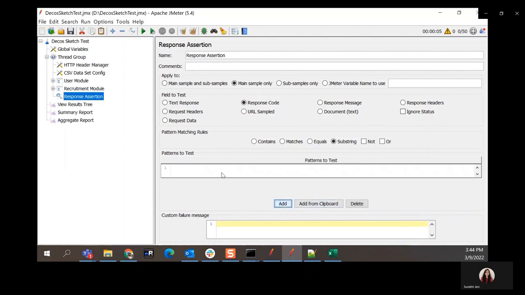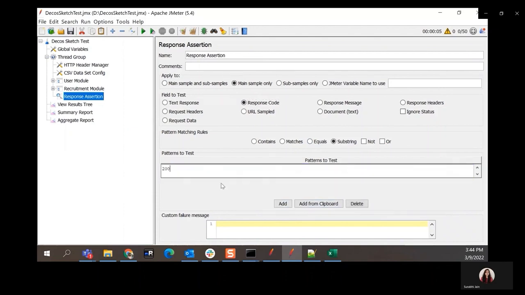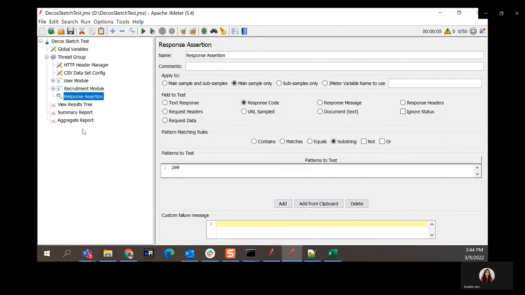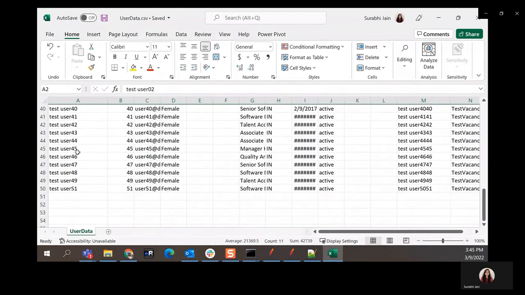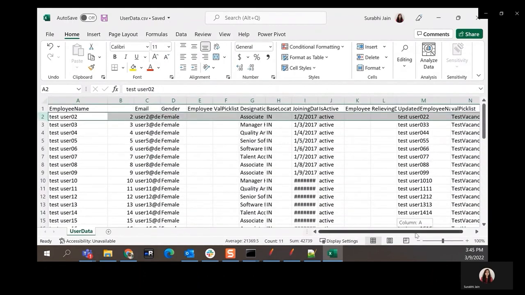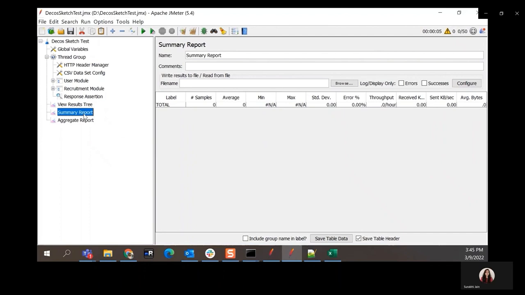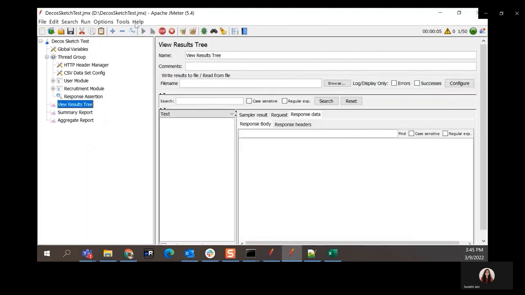We've also added a response assertion, which would verify that the response code matches 200, which would mean OK. So this is how our test data looks like. And now let us run the